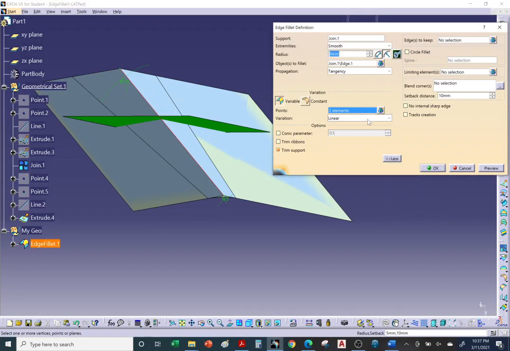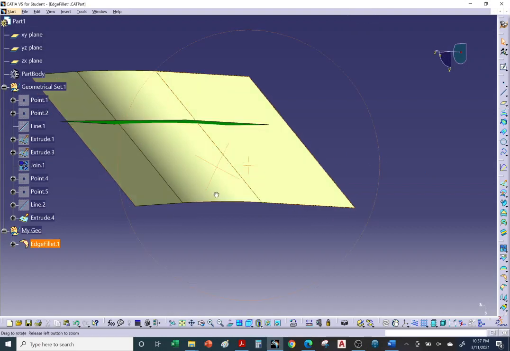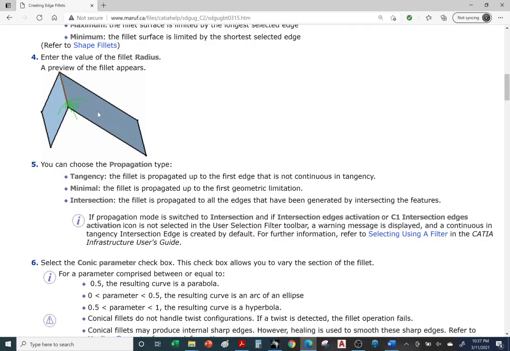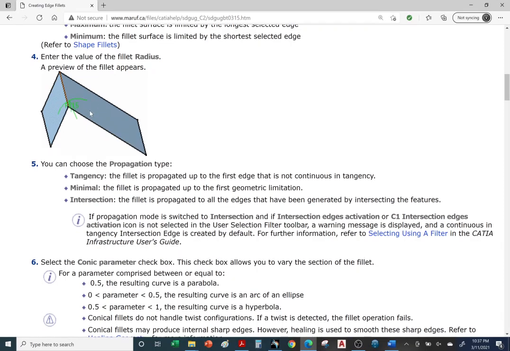I'll go ahead and close this, and let's go back to a constant 15. Okay, so constant 15 all the way across, and hit OK. And there it is. All right, let's continue on with the tutorial. Okay, so when we're using a 15 millimeter radius,